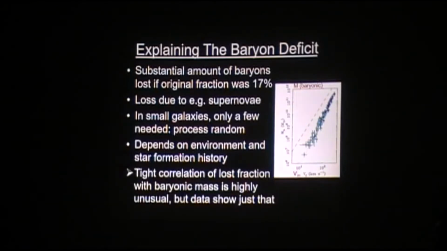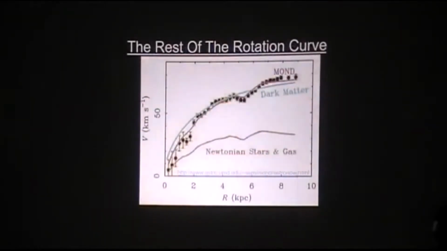What this means is that you shouldn't be able to get such a tight correlation of how much you've dropped with VF. Sometimes you might drop by a little bit and sometimes by a lot more. Basically the amount of scatter here is really too small to understand. So that's one thing.